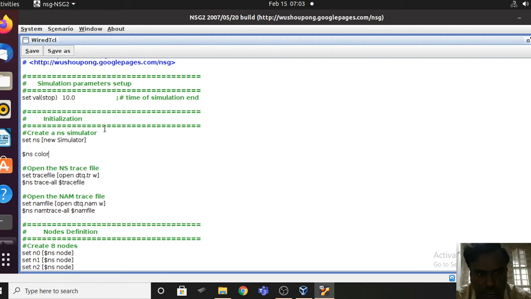Be careful about the spell, color space, and then color code. I am using the color code as 1, and the name of the color is Red. And here you have to give the name of the first letter of the name of the color in uppercase. So first I am using say red color,